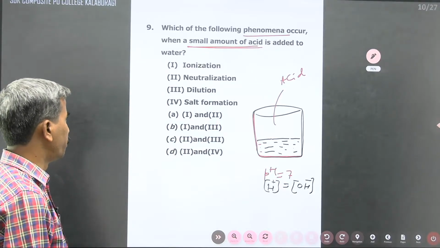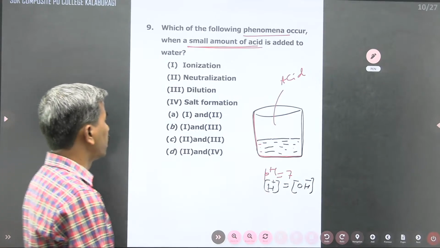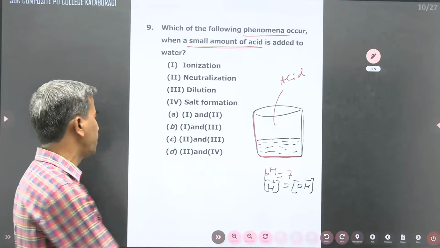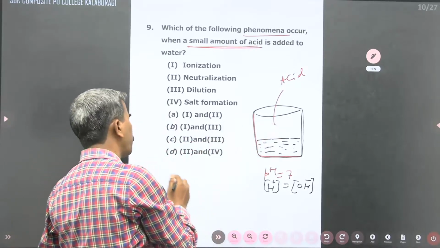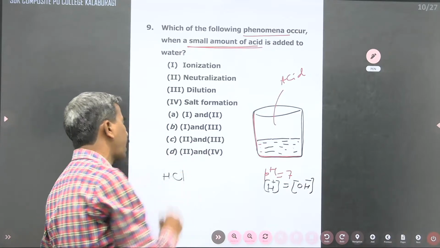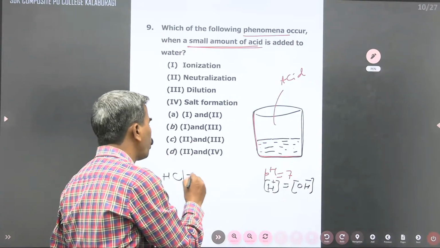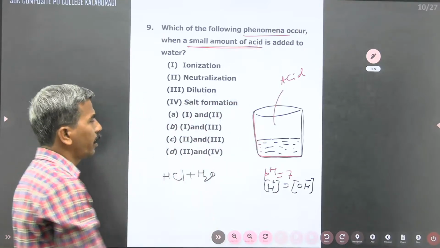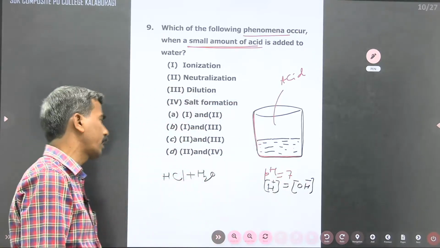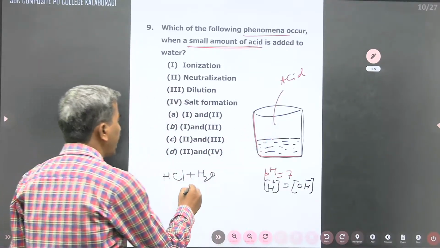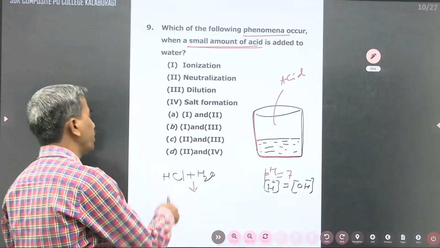Now to this, if I am adding acid, for my convenience let us take the example that HCl is added. I already have water in this beaker. Initially H plus and OH minus are in the same number, considering it is pure water. Now after adding the acid, what is happening? We know this compound, it is